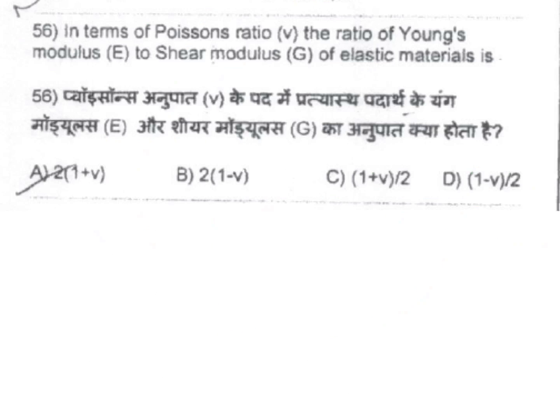In terms of Poisson's ratio, the ratio of Young's modulus to shear modulus of elastic materials is this one. 2 times, asked in ISRO examination also, so many times asked in IES, also in other PSU examination this one is asked. So this is very, very important. One plus Poisson's ratio, two into Poisson's ratio.